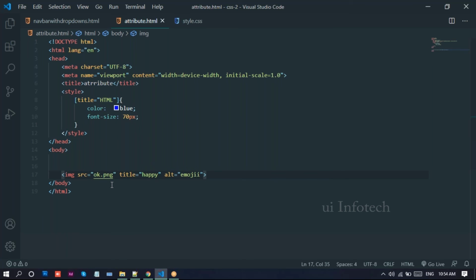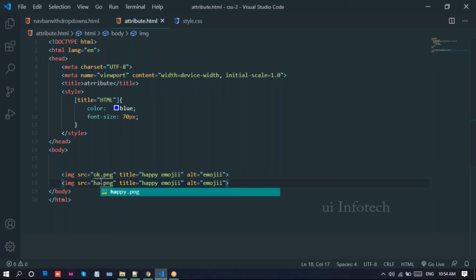Now here, open the source file we have. So in the CSS2 we have this happy, okay, right? Okay, sad, like I'll just use this okay.png. So here alt emoji, and I'll write the title.